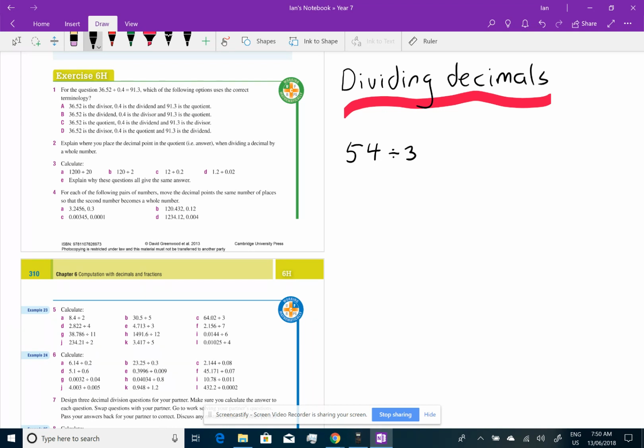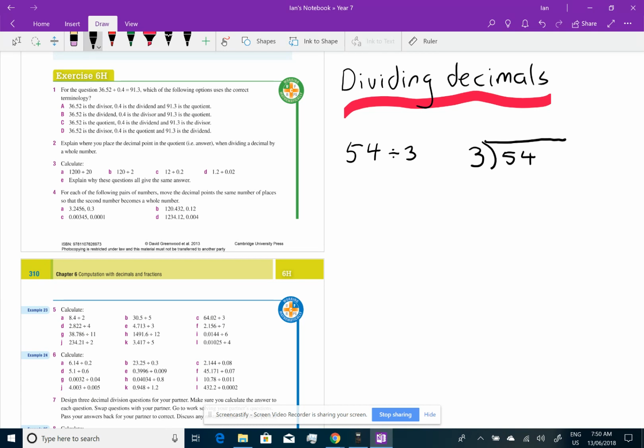So you set that up like this. 3, and we write this algorithm into 54. And we go, all right, how many times does 3, because now it's got place value,